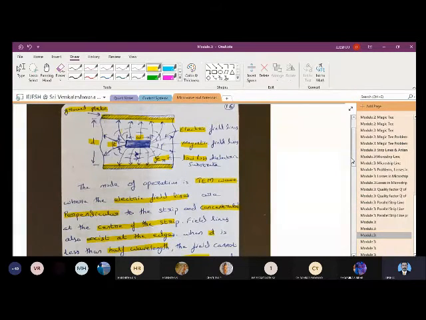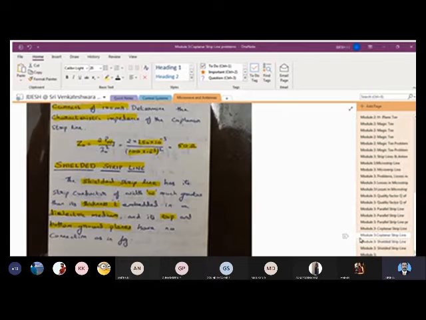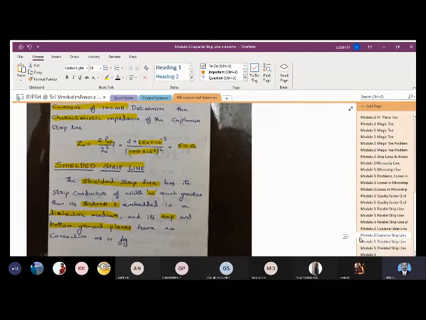The main thing to understand here is that the mode of operation is TM, where the electric fields are perpendicular to the strip and concentrated at the center of the strip, and the field lines also exist at the edges. It is within the dielectric material of width D. The strip is placed inside the dielectric space, with width W and thickness T, and the entire strip is placed within the dielectric material.